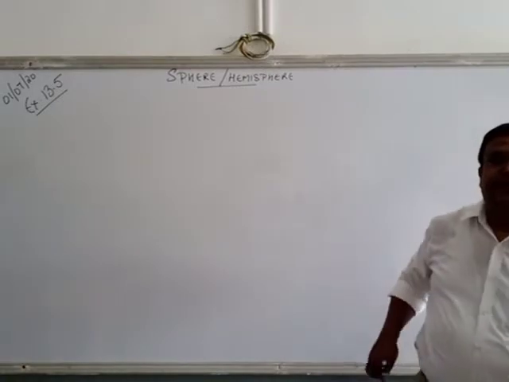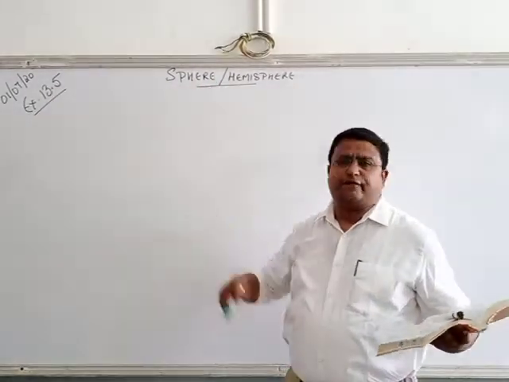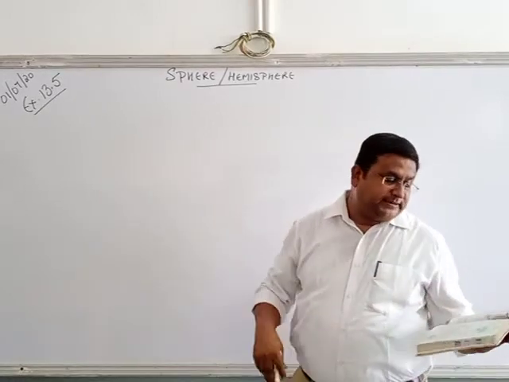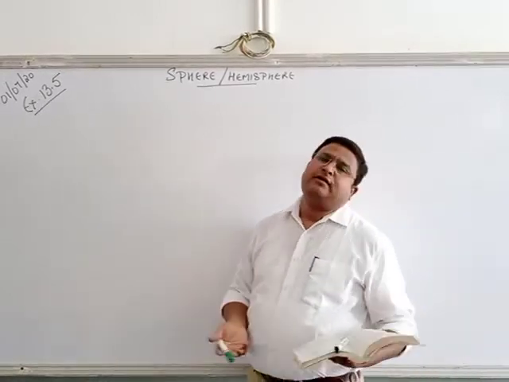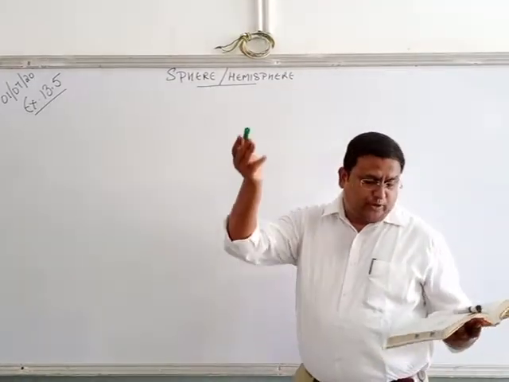1. Find the surface area of a sphere of radius. Radius of sphere is given to us, so we know the formula for surface area, 4 pi r square, direct application. Surface area of a sphere of diameter. When diameter is given, we have to find the radius. Radius is half of the diameter. So you can do both these questions.